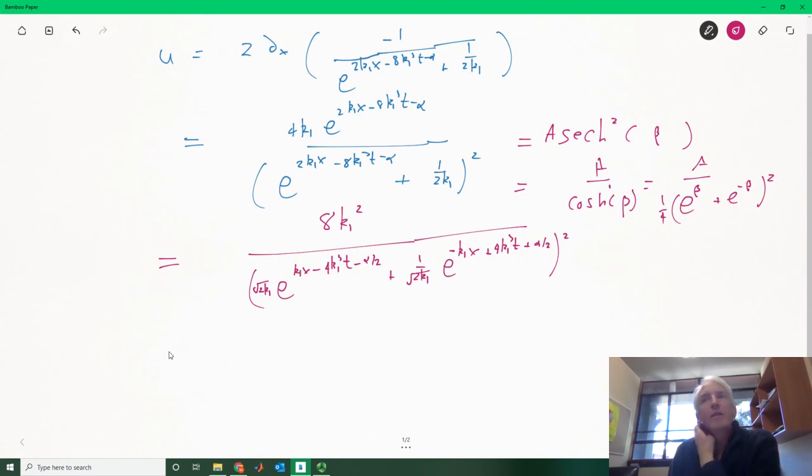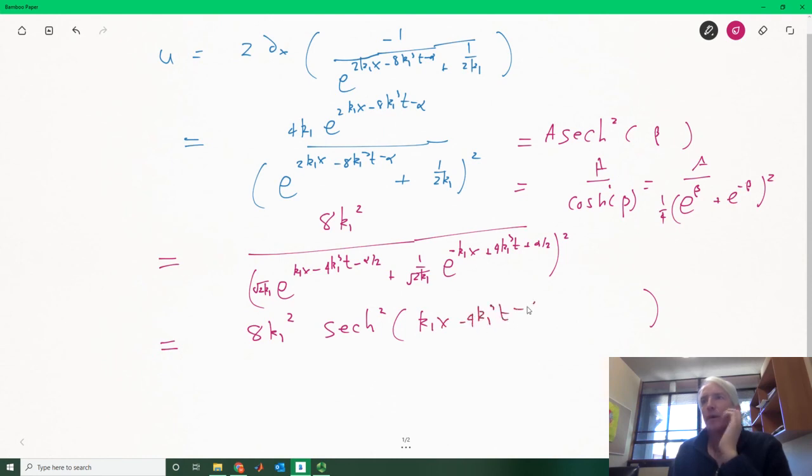So you can see here that this is equal to 8k1 squared sec squared of k1x minus 4k1 cubed t minus alpha over 2